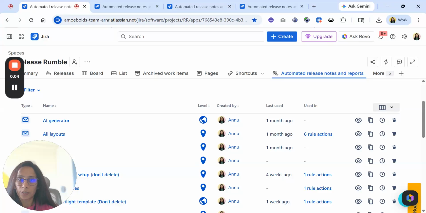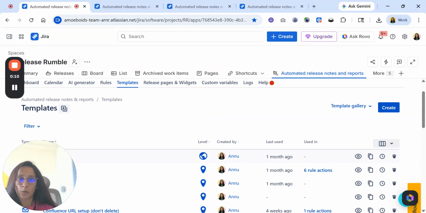So in this video, we are going to talk about the email templates, how you can automate email release notes along with attaching different types of documents like PDF, JSON files, PowerPoint files, MS Word, etc. These kinds of documents, how they can be attached into the same email and sending those emails out